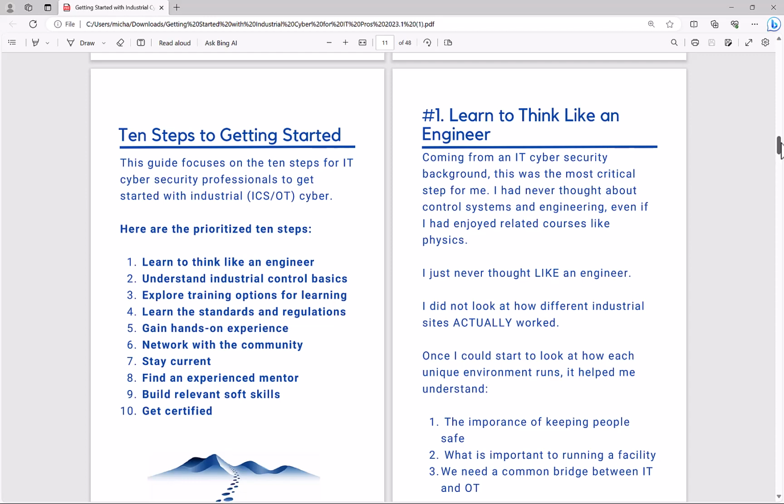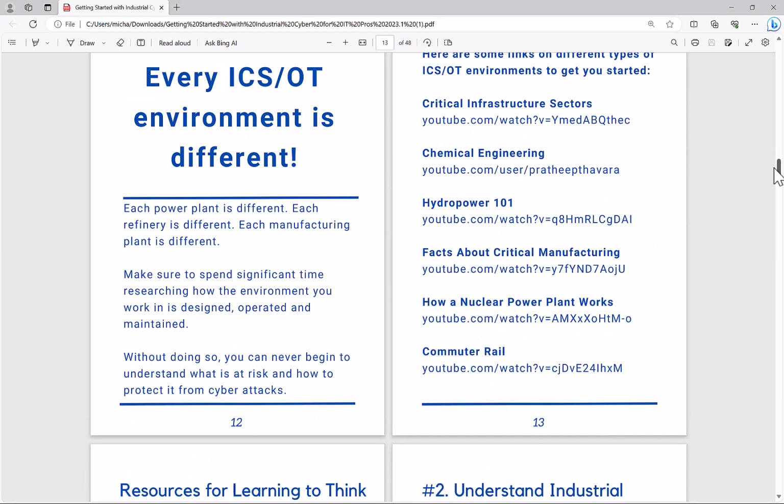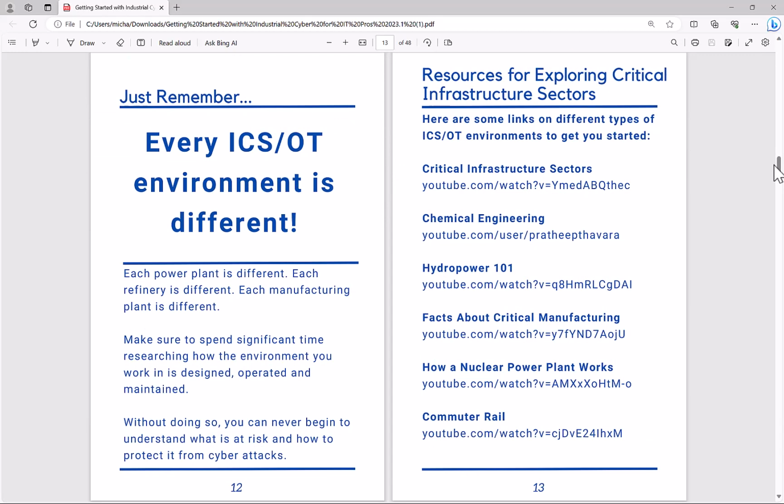So that's the idea really behind number one. And so you can see there's some resources, and these are just a few examples. Whether you're going into different areas, look for information about whatever type of environment you're going into. I don't have, say, gold mining on the list. So if you're going to work in a gold mine from a control systems perspective, do your research on gold mining. But that's the idea, and you can see the note on the left-hand side talking about every environment